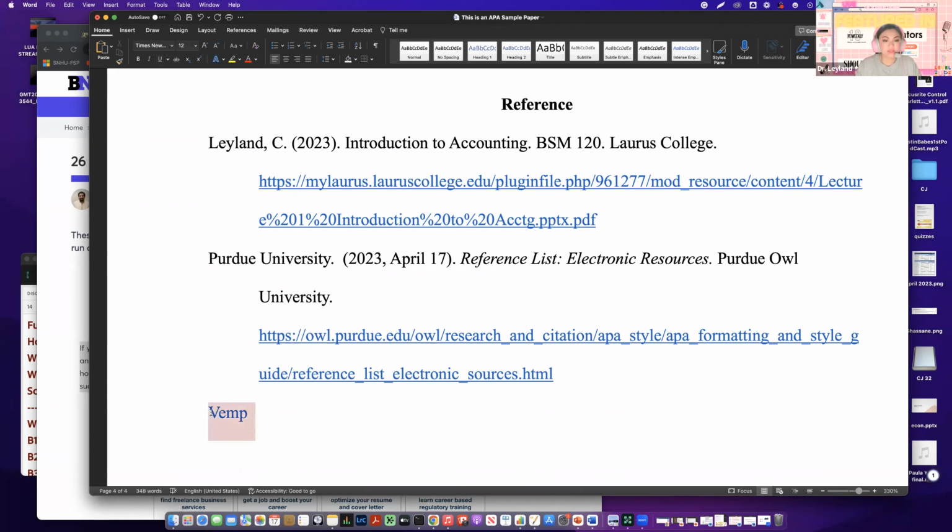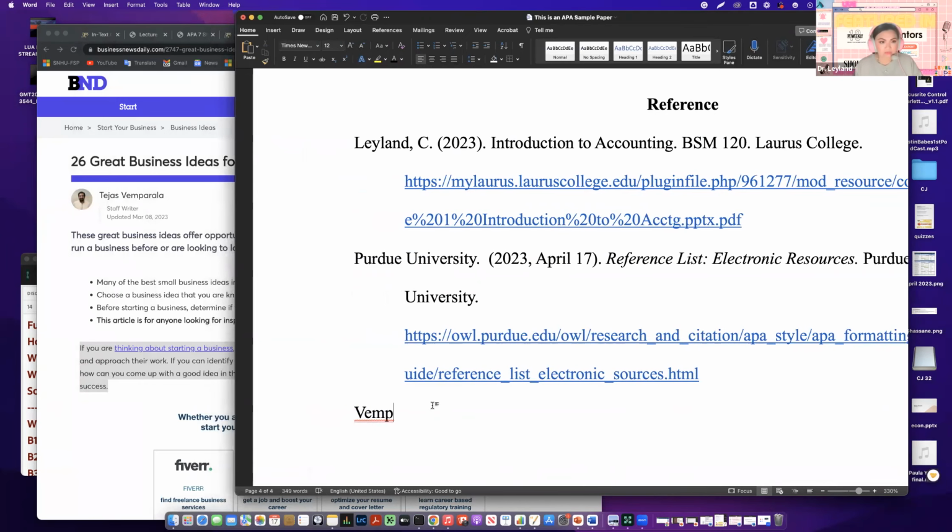Why is it in blue? Let's make it black. There you go. So Vim, hold on one second, the last name. Vamparella, comma, T is the first name,